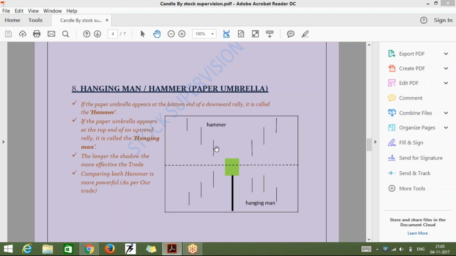The market should be a downtrend market, and these are the setups. If you want, you can write them down. On the day the hammer pattern forms, the market is expected to trade lower. You can see again the hammer which is being formed is again forming lower than this.